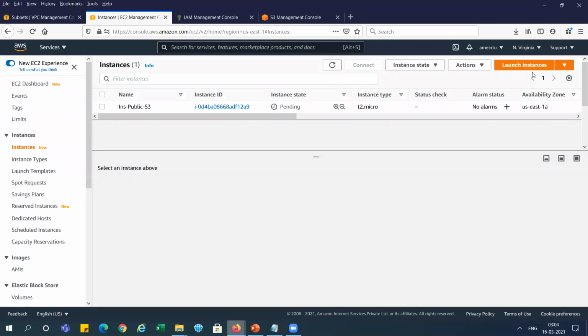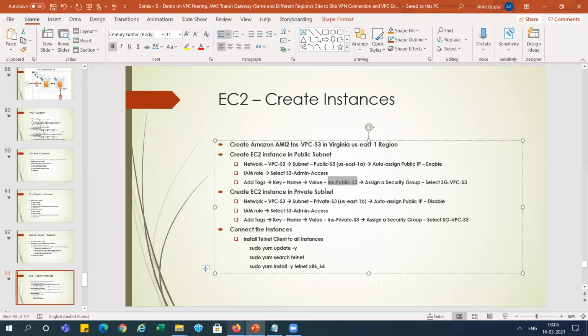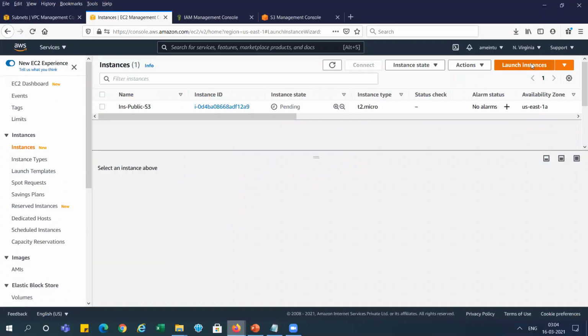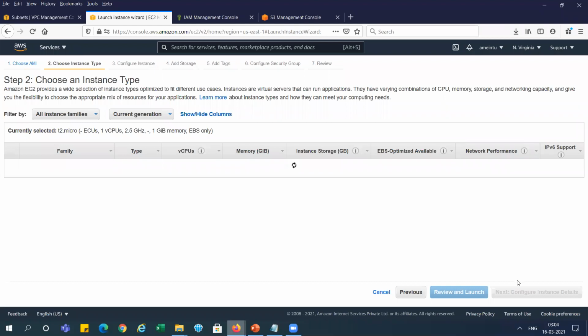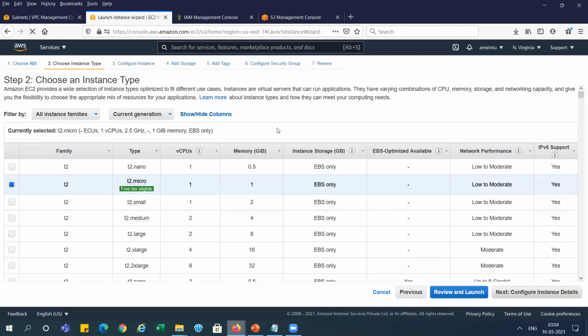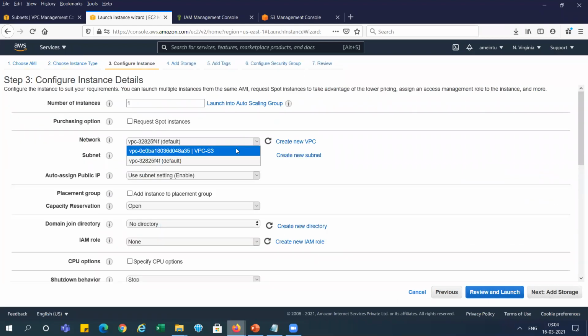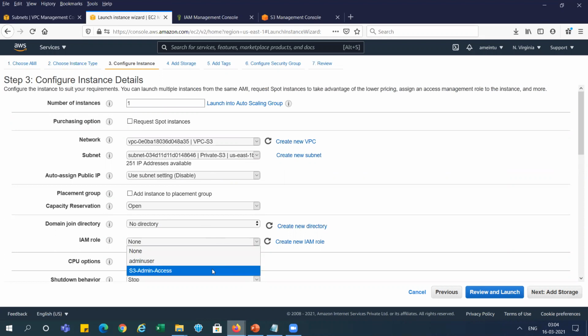Now we will go and launch one more instance in the private subnet, right? And we will give the instance the name private S3. So go and launch this instance. We will select this VPC-S3, and this is the private instance. So we don't need to enable the public IP here. And we need to assign the IAM role for accessing S3, right?